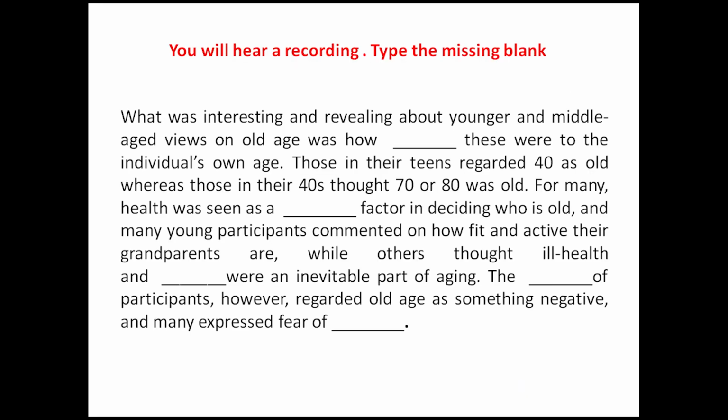What was interesting and revealing about younger and middle-aged views on old age was how relative these were to the individual's own age. Those in their teens regarded 40 as old, whereas those in their 40s thought 70 or 80 was old. For many, health was seen as a determining factor in deciding who is old, and many young participants commented on how fit and active their grandparents are, while others thought ill health and dependence were an inevitable part of aging. The majority of participants, however, regarded old age as something negative, and many expressed fear of growing